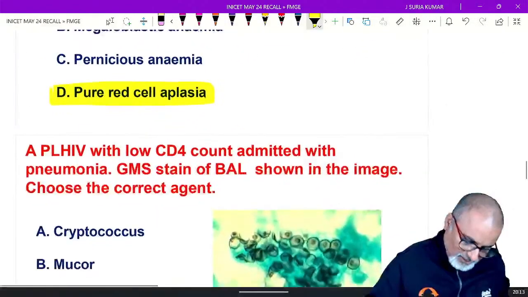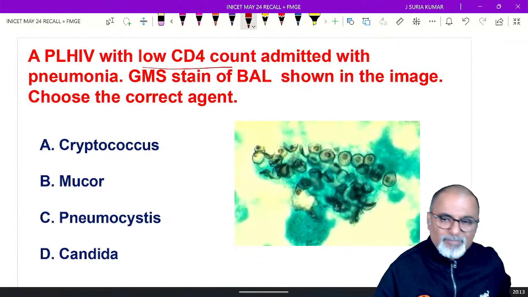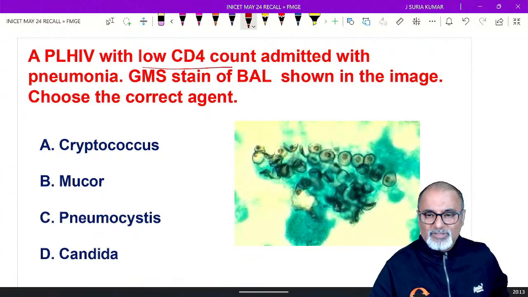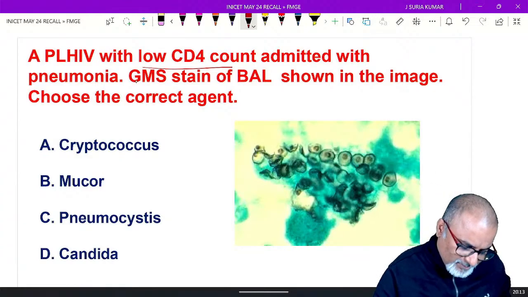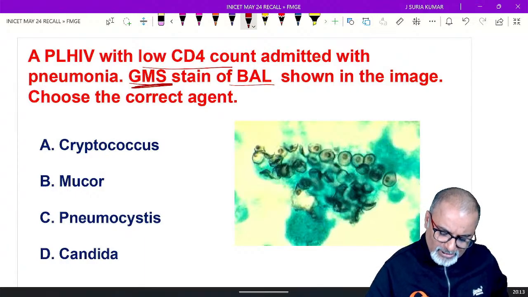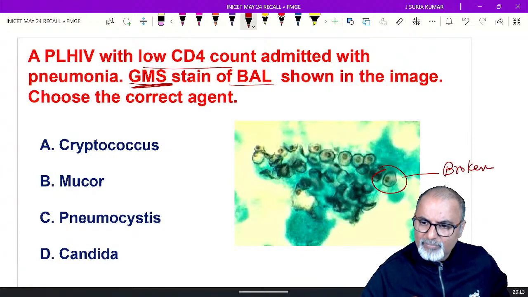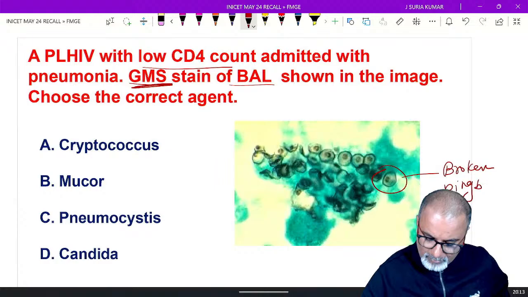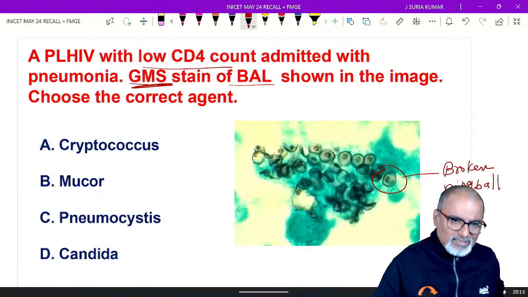Next is HIV positive, PLHIV, with low CD4 count. I don't know what count they mentioned. Some people mentioned less than 200. I'm not sure because I got the message like this. Admitted with pneumonia. Gomori methenamine silver stain they mentioned. It's a fungal stain. You can get a broken ping pong ball appearance. HIV positive, pneumonia: the most common cause of fungal pneumonia in PLHIVs is Pneumocystis